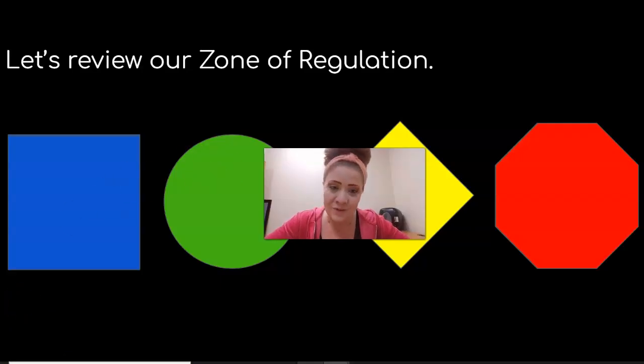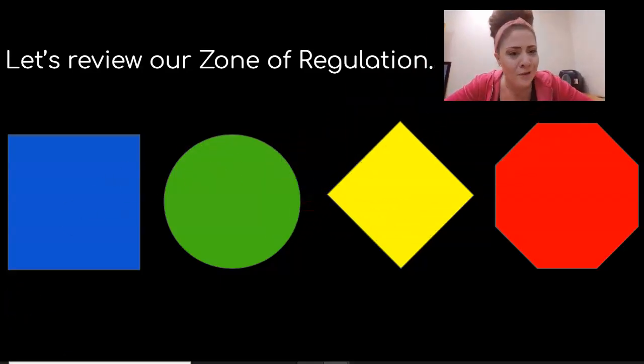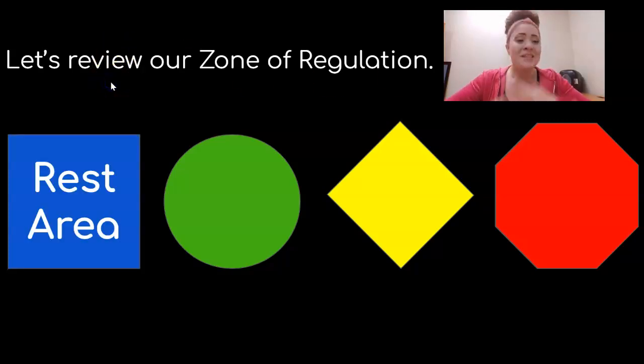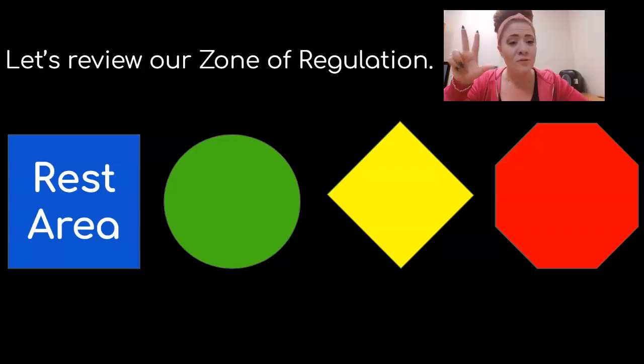Next, I have some questions for you about this story, about how you felt, and you're going to need to use empathy to answer those questions. But first, I want to review our zones of regulation. The first zone is the blue zone. This is your rest zone. This is when your heart is at a decelerated rate, so it's moving a little bit slower. You might be tired, you might be sick, you might be sad. These are all feelings you can feel in the blue zone.